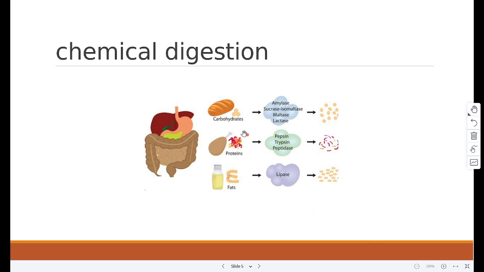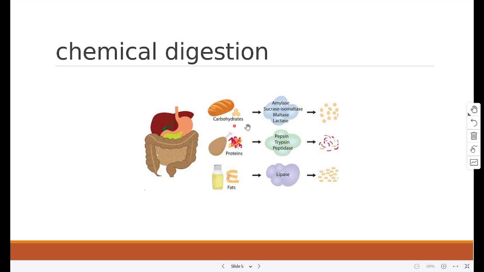So first we're going to talk about carbohydrases. So amylase is produced in the mouth and the pancreas, and it is secreted in the duodenum. Now amylase digests starch into smaller sugars. So amylase is secreted into the alimentary canal in the mouth and the duodenum from the pancreas and digests starch